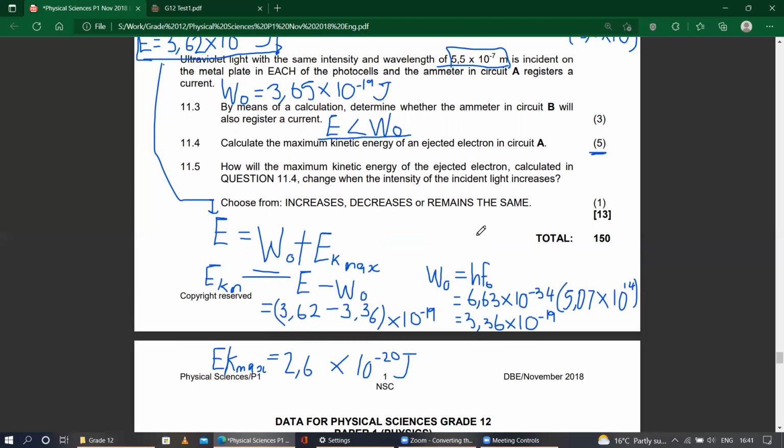So in this question, Yvonne, have you guys been introduced to which properties the intensity of the light affects? No, sir, we haven't gotten there. Usually the intensity is going to affect the amount of electrons that are ejected,